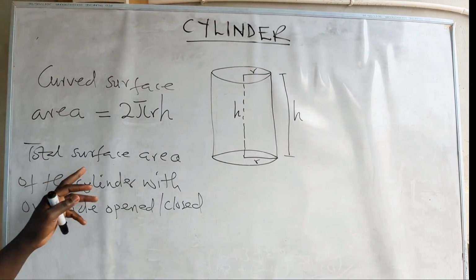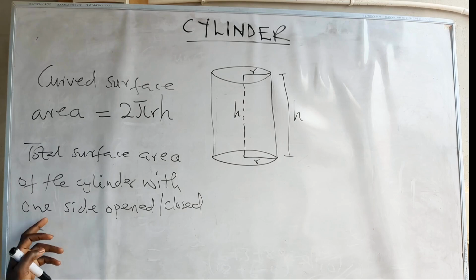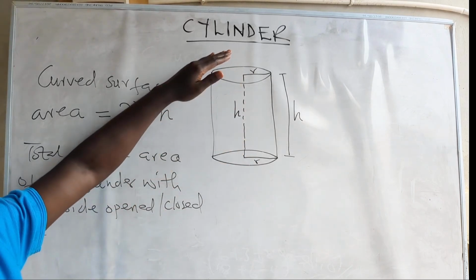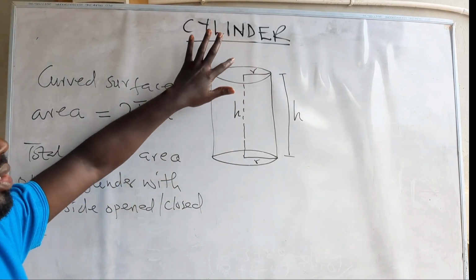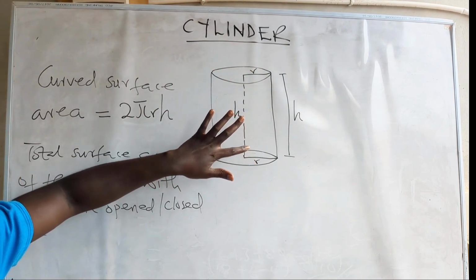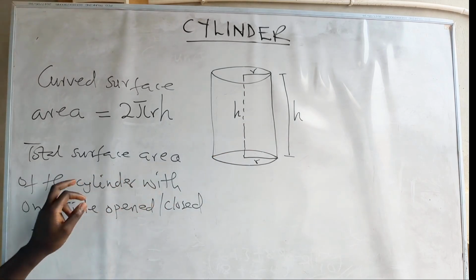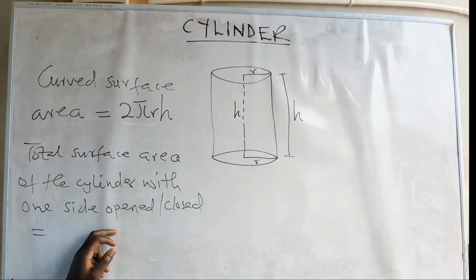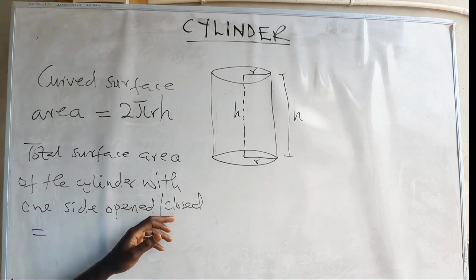So we are finding the total surface area of a cylinder with one side open or one side closed. All right. So if one side is closed, we know that the base of the cylinder is what? It has a circular base. So here is a circle, here is a circle. So if I'm looking at this total surface area of a cylinder with one side open or one side closed,